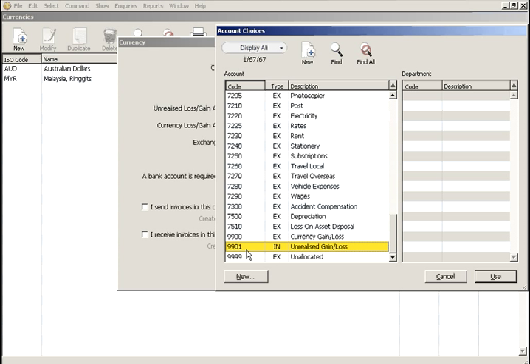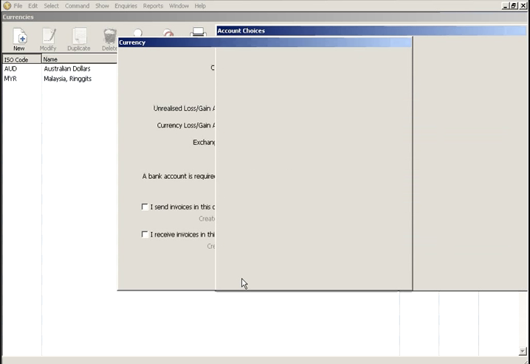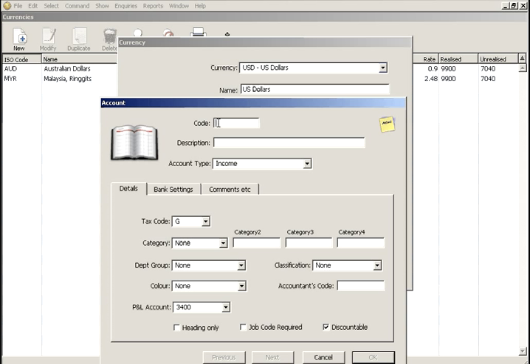Account type is income. Put it as unrealized gain loss account. So I can just click use. In your case, if you have not created this unrealized gain account under account type income, you can just click this new, and then type the codes that you prefer. So any codes that maybe start with 9999, for example, and then just type the descriptions as unrealized gain loss,